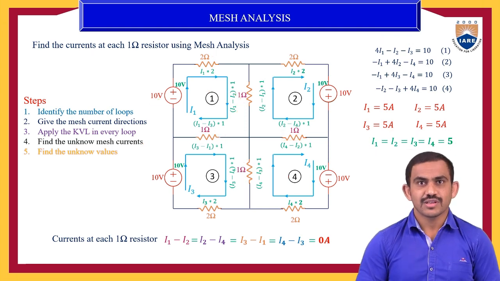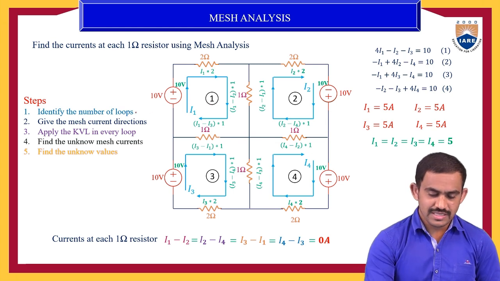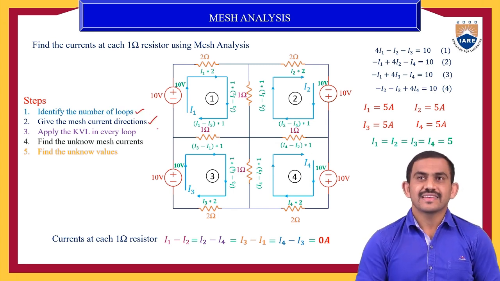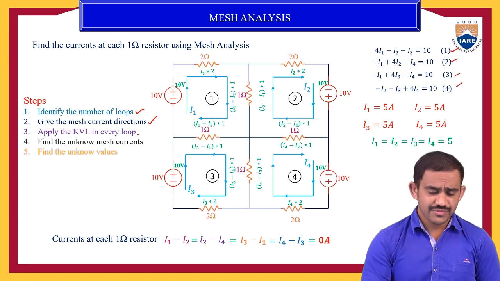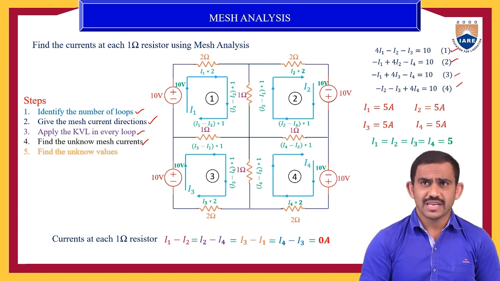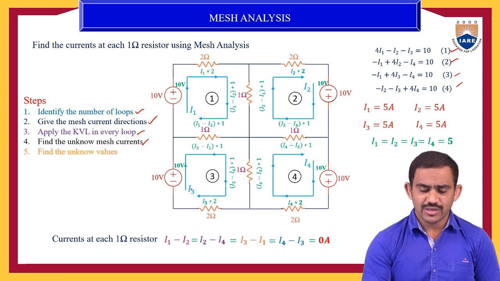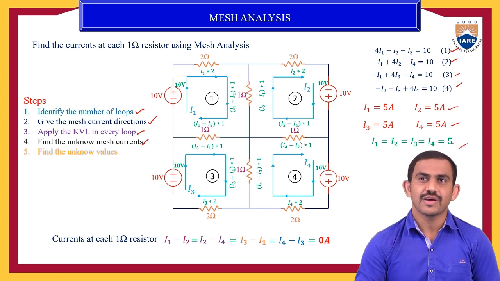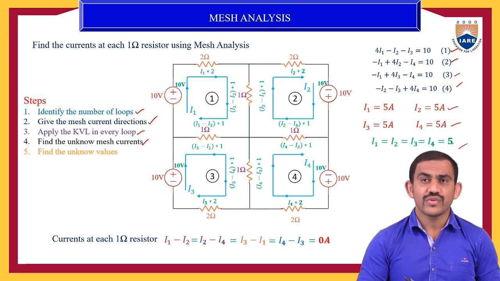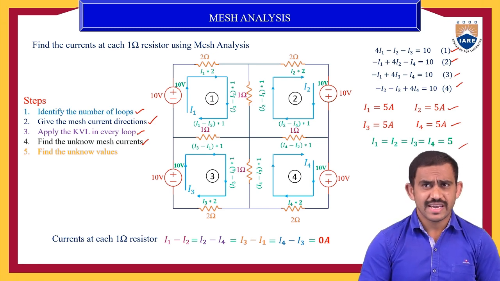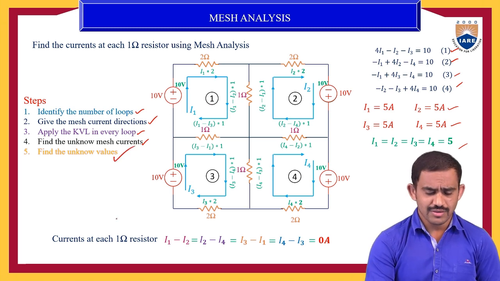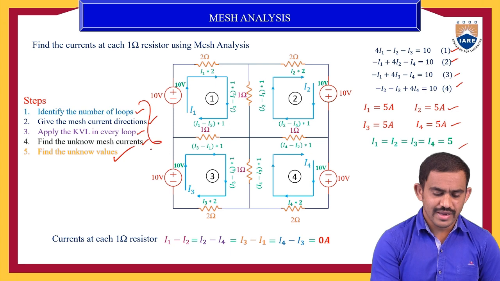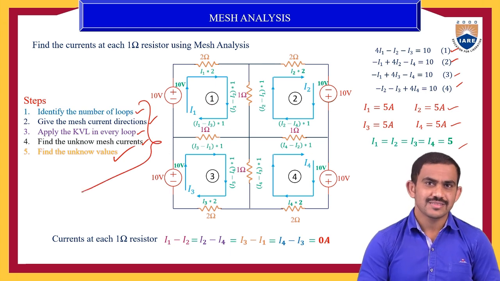First we need to find out the loops, how many loops we have, then give the mesh current directions. That is your second step. And the third step is you apply the KVL rule and write the equations. Then we need to find out the loop currents. That is your fourth step, that is I1, I2, I3. We'll get the I1 value, I2 value and I3 value using the 4 equations. Then find out the unknown values. Where you require the current, or the voltage, or the power, there we need to find out those values. So these are 5 steps. If we follow the 5 steps, we'll get the mesh analysis problems.